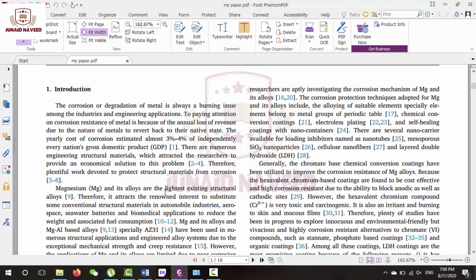So there are many software tools available by which you can change the numbers with just one click. Also, you can save your citations in that software for future use. This is one way of describing this software and the citations.